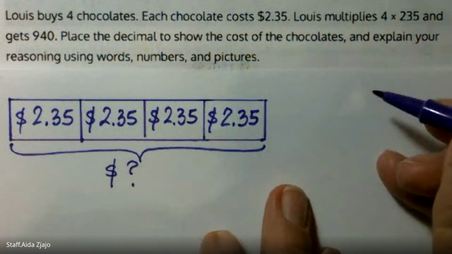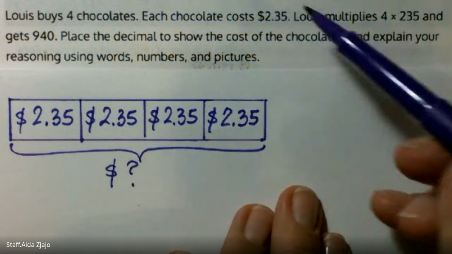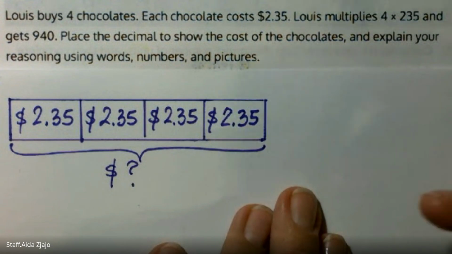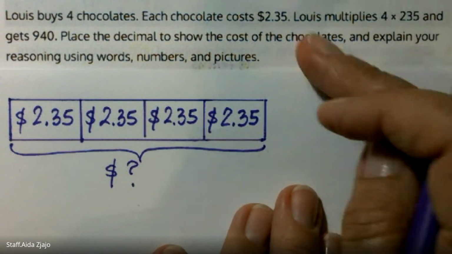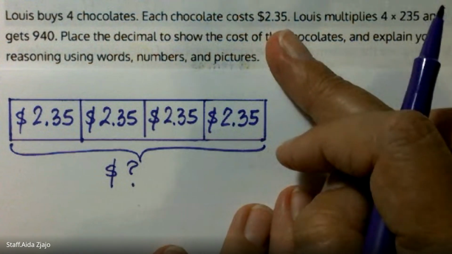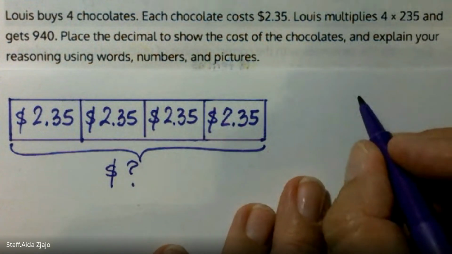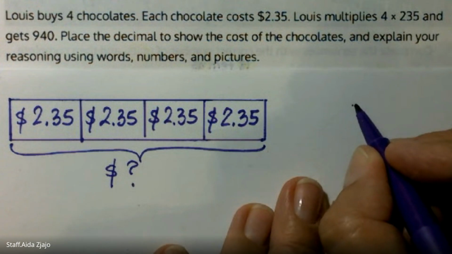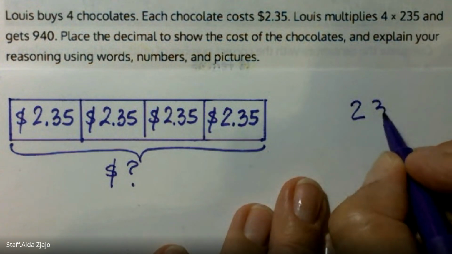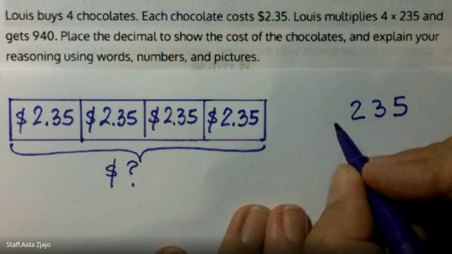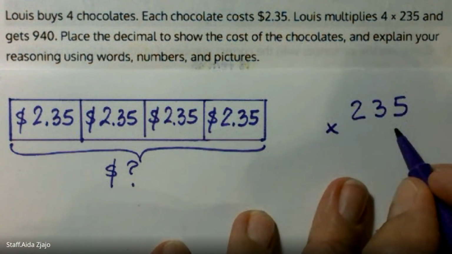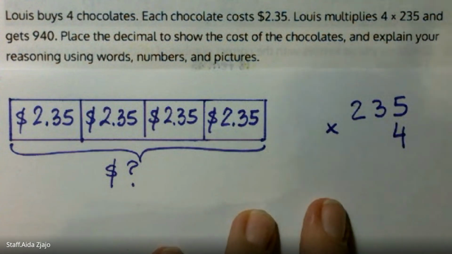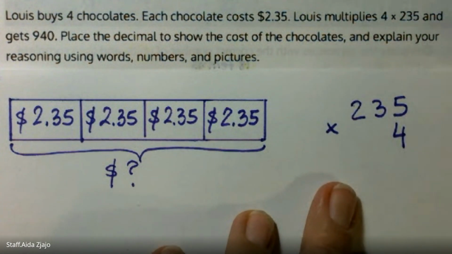And then he thinks, instead of $2.35, he used that as a whole number, 235, and then he multiplied by 4, which is absolutely okay,